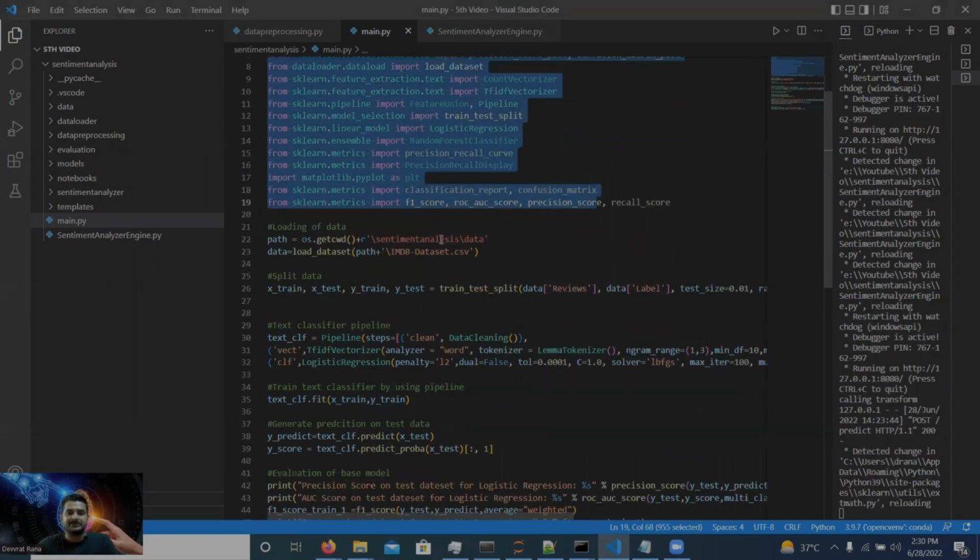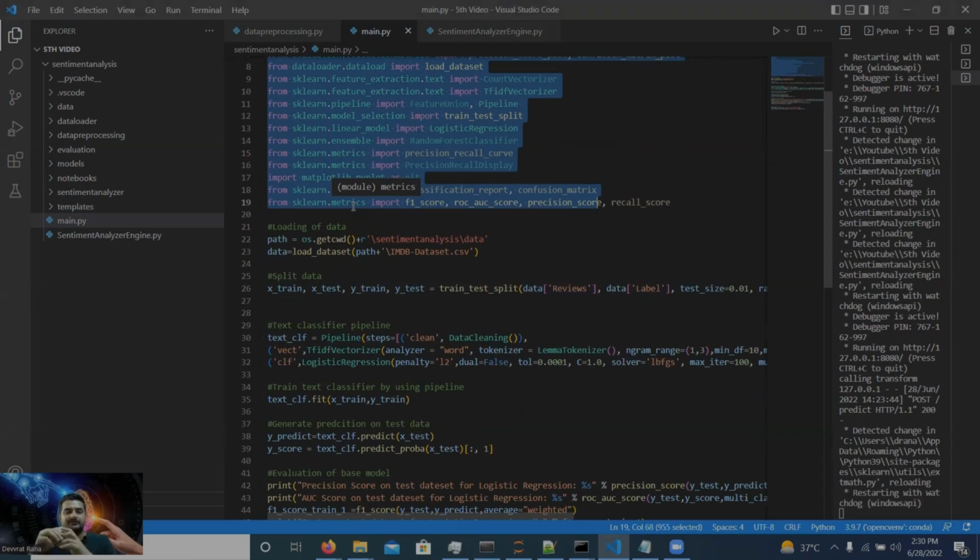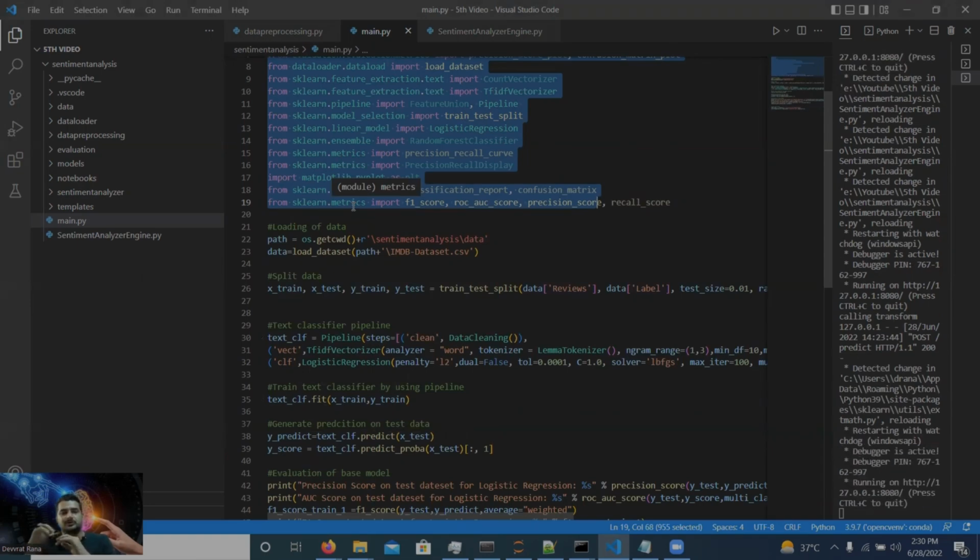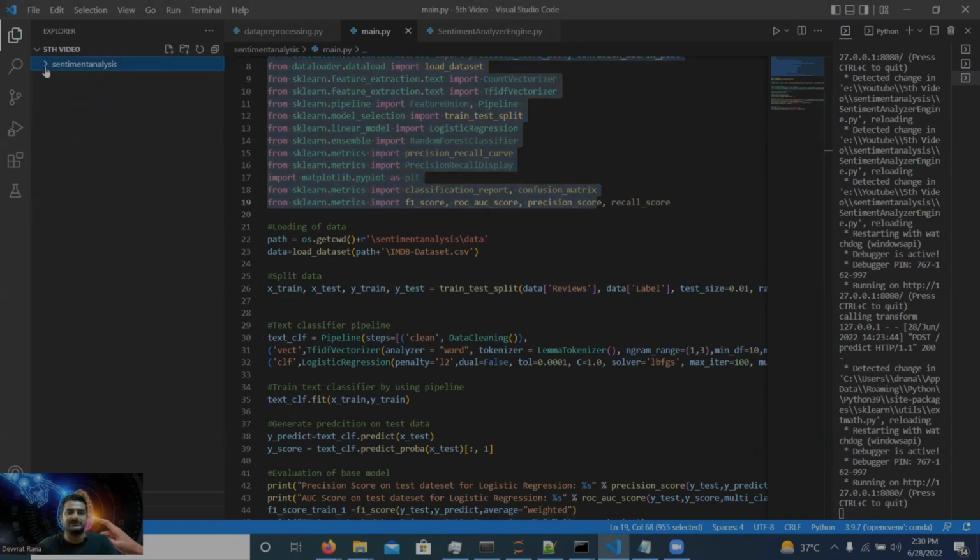Basically, first we need a framework. Earlier you saw that in the different phases we used Jupyter notebooks, but here we need a framework. So here is the framework you see on my screen. This is the sentiment analysis framework, and it has multiple modules like the data loader, data pre-processing, evaluation, model,